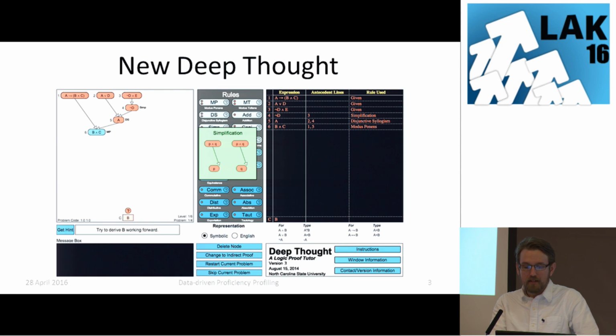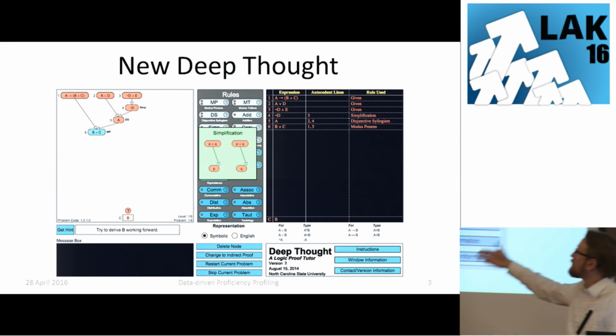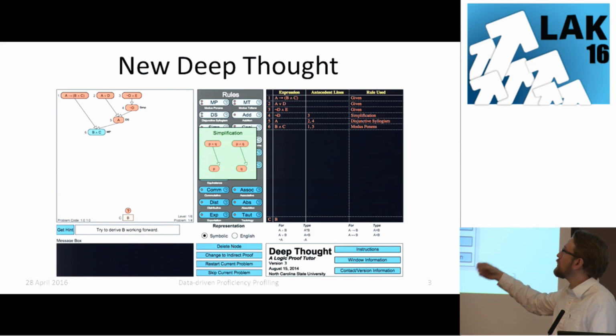And so the basic way that you use the system is, I don't really have a pointer, but to use the rules that are in the middle. So these are going to be your kind of logic axioms like modus ponens, modus tollens, and you will select the certain givens on the left side, in order to derive new propositions, and you'll use those to eventually solve and find B in this example.